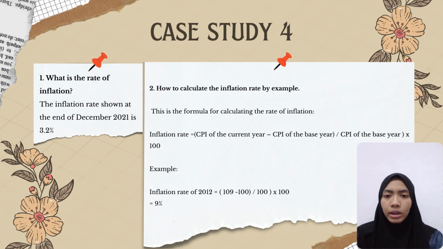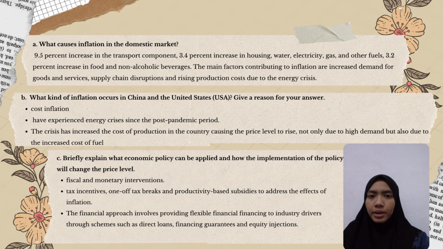Inflation rate of 2012 equals 109 minus 100 over 100 multiplied by 100, and the answer is 9%. Question number 3. Based on the information in the given article. Question A. What causes inflation in the domestic market? Based on the information in the article, inflation in the domestic market occurred due to